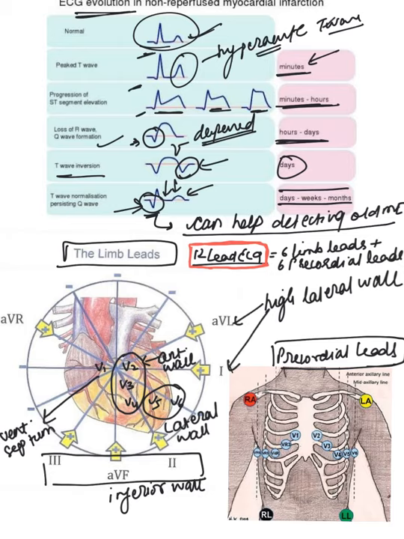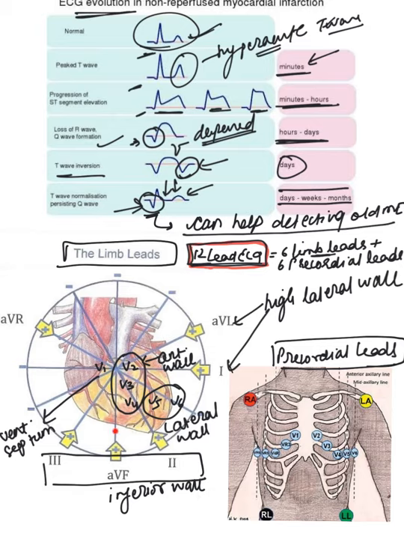Now, usually in our practice, we do a 12 lead ECG, which consists of 6 limb leads, that is 1, 2, 3, and the augmented limb leads AVR, AVF, and AVL. These are the 6 limb leads, and we have 6 precordial leads: V1, V2, V3, V4, V5, and V6 arranged as shown in this diagram. So usually we record a 12 lead ECG, and these leads on the ECG represent particular areas of the heart. For example, if you look here, 2, 3, AVF looks towards the inferior wall of the heart.